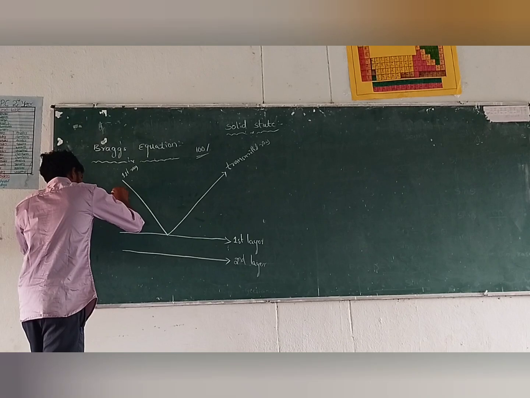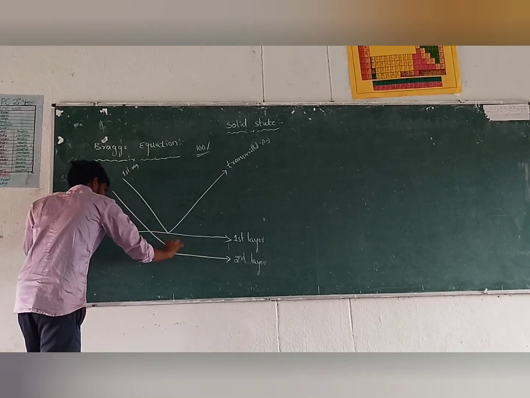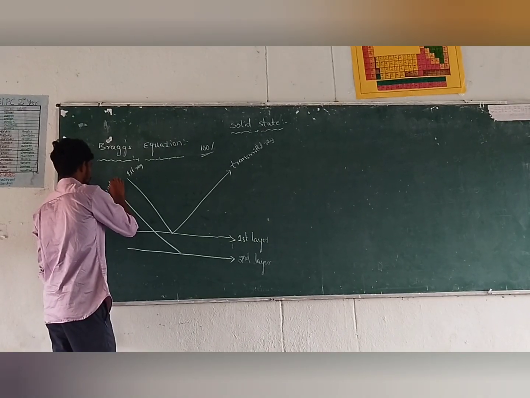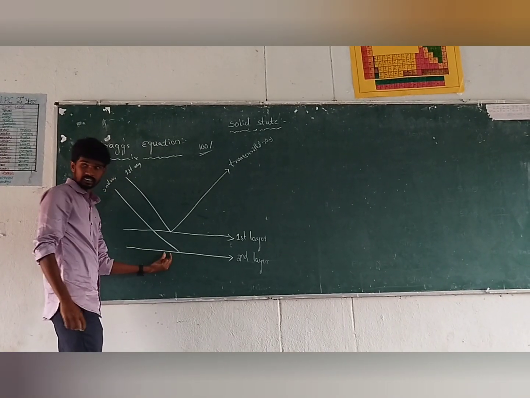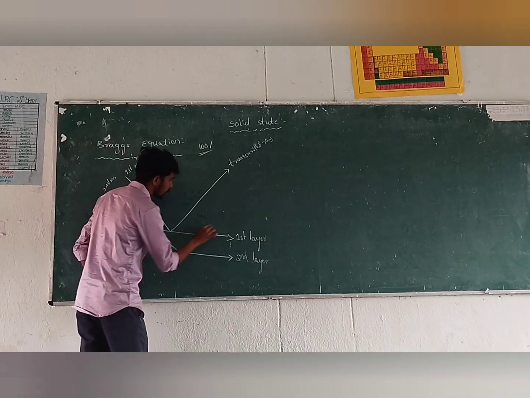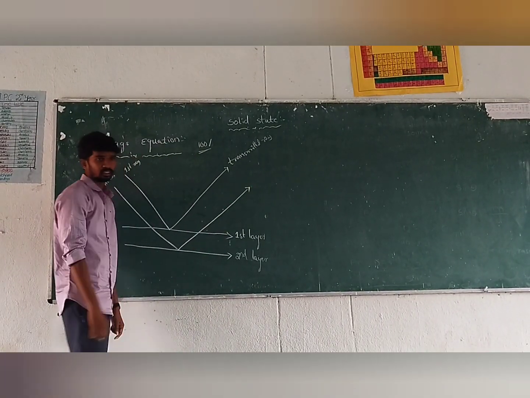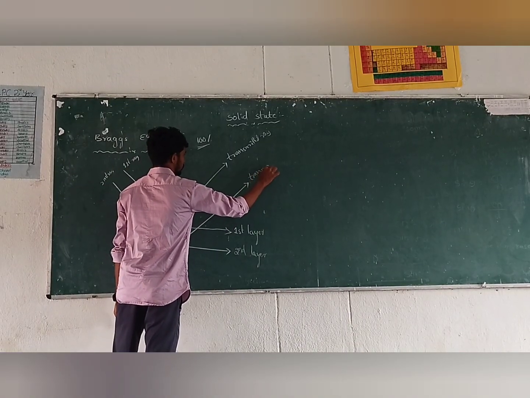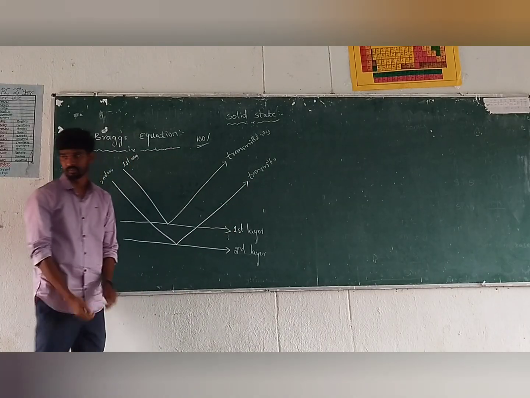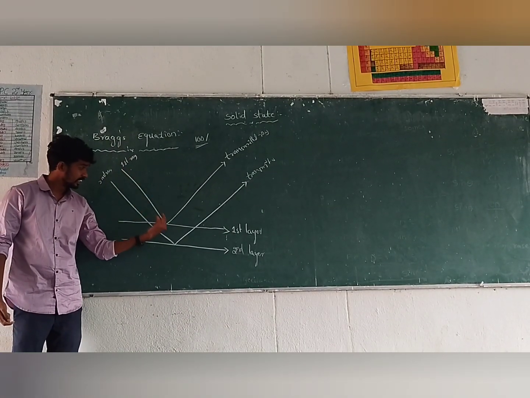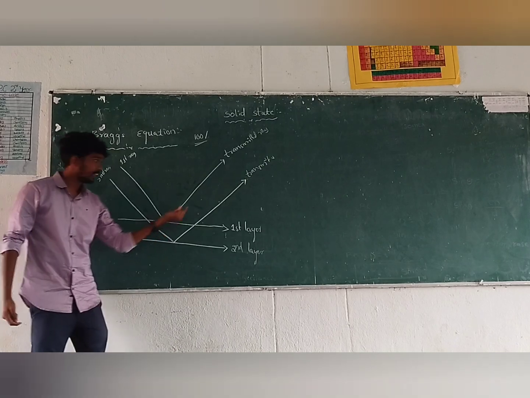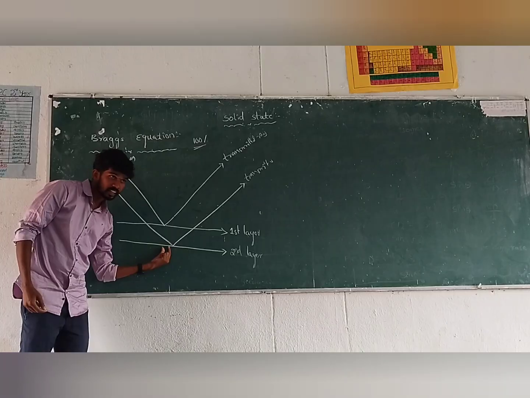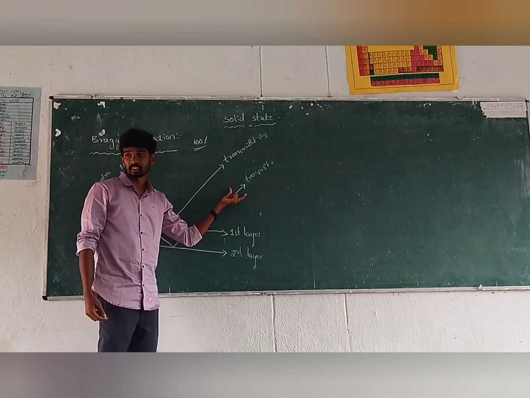And again, this one is the second ray, incident at the second layer. Then it is transmitted. This one is also a transmitted ray, or reflected ray, whatever it may be. The first ray is incident at the first layer, then it is transmitted, and the second ray is incident at the second layer, then it is transmitted.